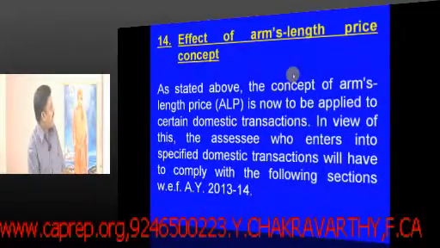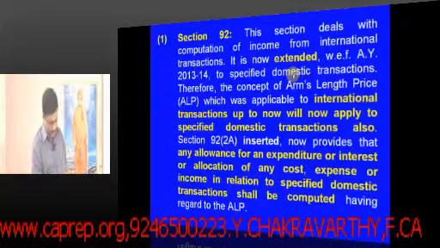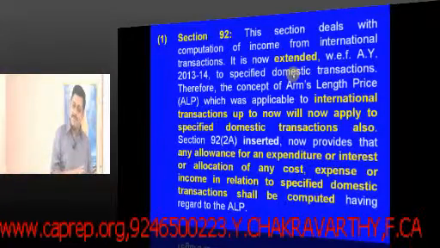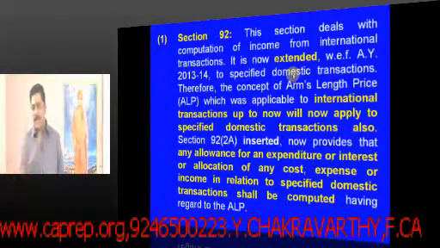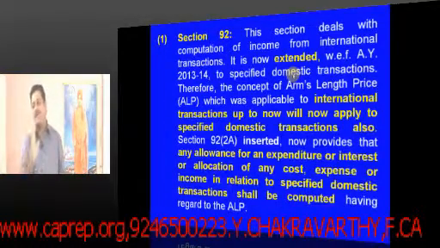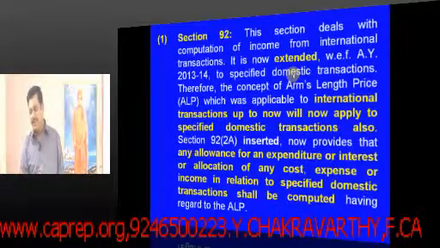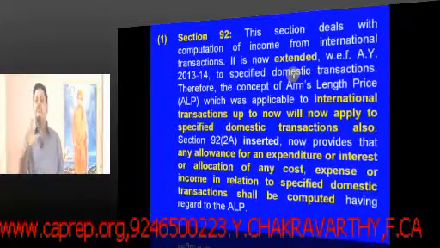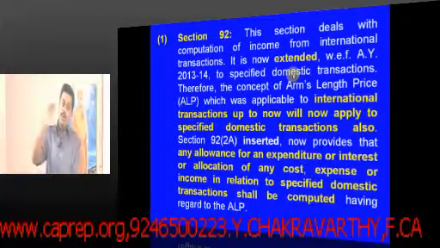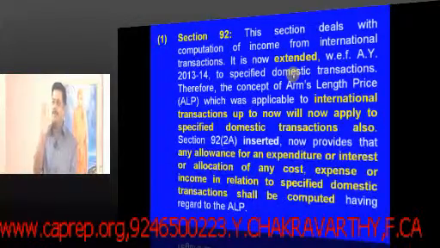See, if arm's length price comes into play, what should happen? How to ascertain the arm's length price? Of course, for the final students, we will be taking up non-resident taxation, international transactions and all. There I'll explain in detail what is arm's length price and what are the different methods. But for those intermediate students who don't have non-resident taxation, friends, try to understand arm's length price.